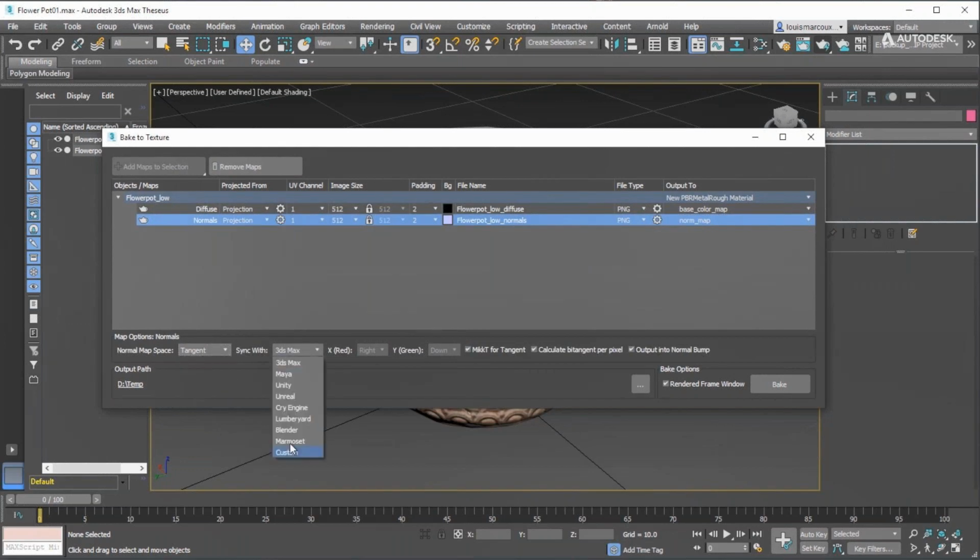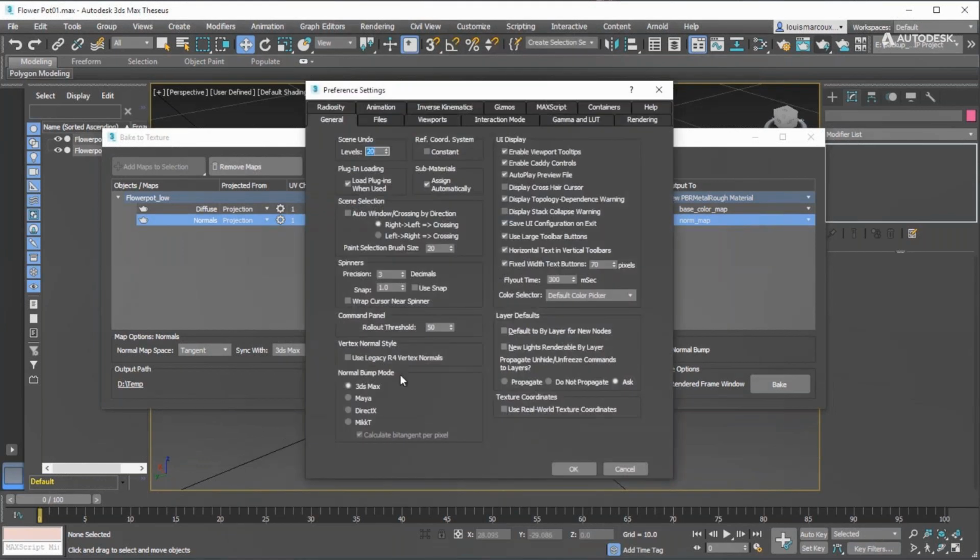Okay, and which format do you want? It's for 3ds Max for right now. I'm just going to select that, and it's going to say MikkT. This is creating a bake texture, and it's going to calculate the bitangent per pixel and so on. So we can just select that tick mark and output as a normal bump or whatever. You can select that, click yes or no, and once it's done, you can go to the preference and click on the